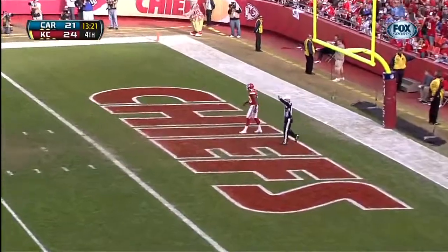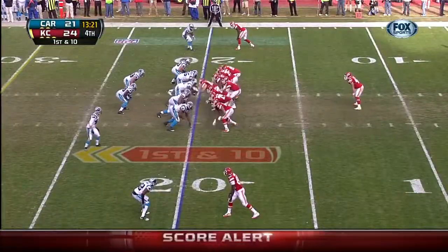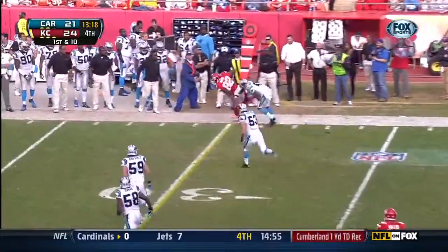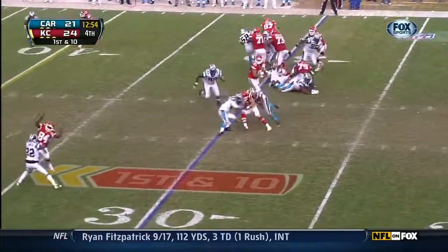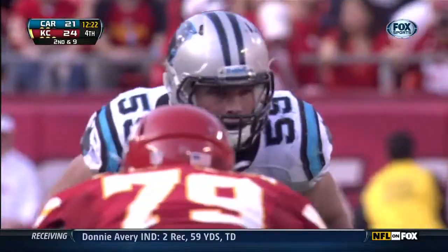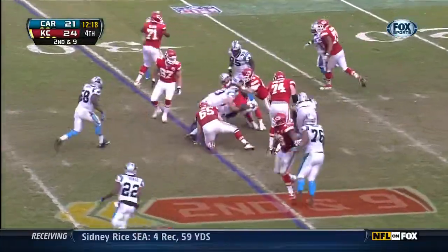Drone won't even move. That kick sails, shaping up like a career day for Brady Quinn. He'll come out passing. The out is there. And 78, 2 touchdowns, no interceptions. Hillis going sideways. 304 yards passing is his career high. He's a ways from that, but